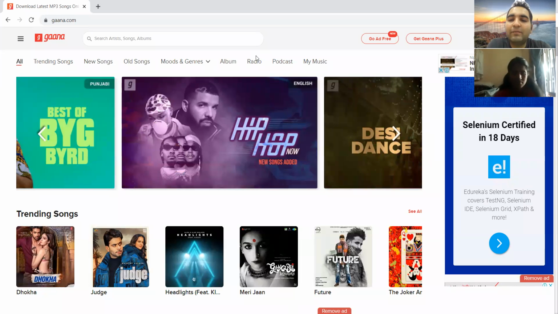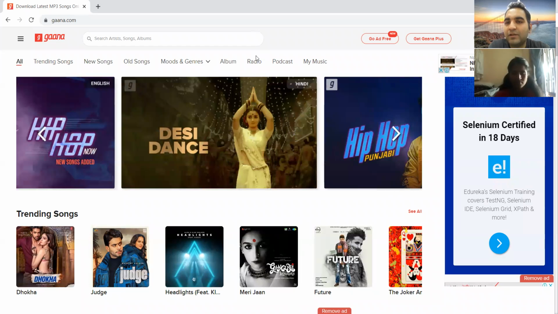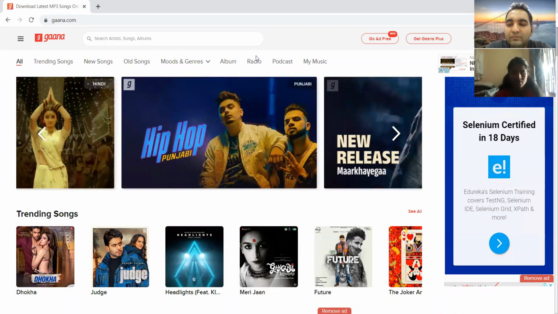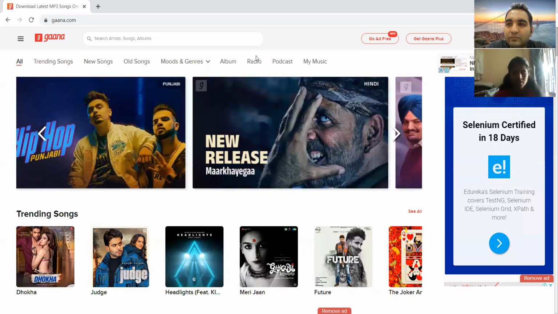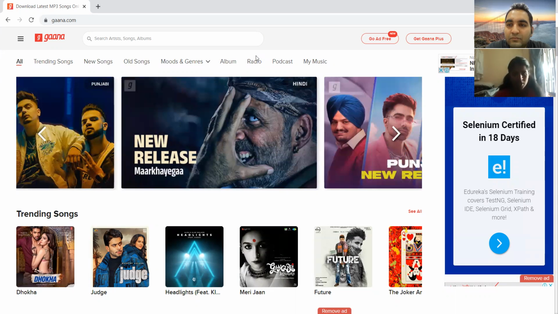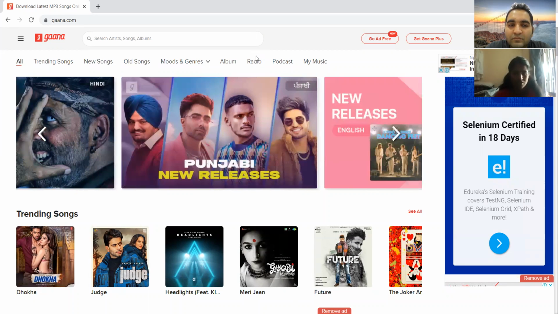Now let's come to the mobile-based application. Let's say you have to test this particular application on a mobile, then how will you test it? First, I will install the application. I will check whether it is working on a particular Android or not.